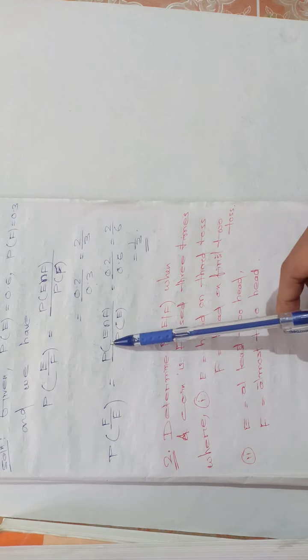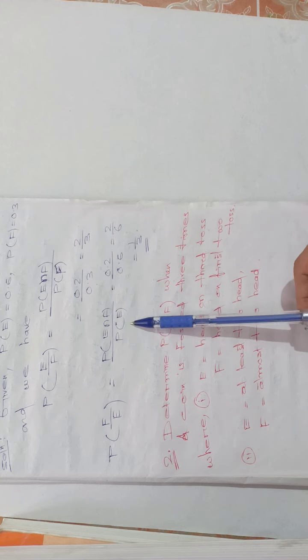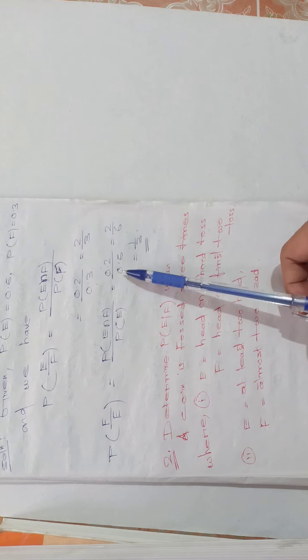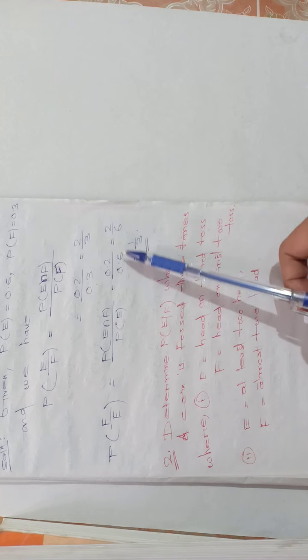So 0.2 by 0.3, its answer is 2 by 3. Second, we have to find P(F/E). P(F/E) is equal to P(E intersection F) by P(E). So 0.2 by 0.6 equals 2 by 6, which is 1 by 3. So students, I hope all of you understood. The next question is